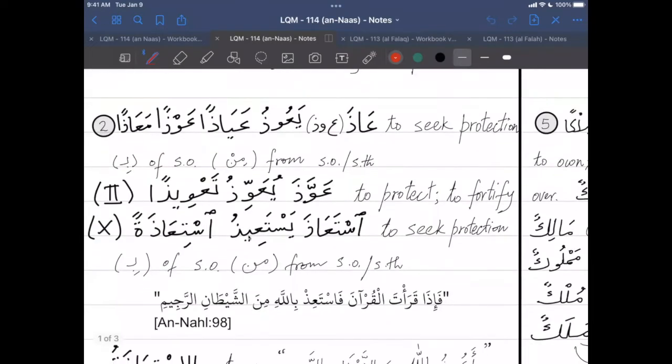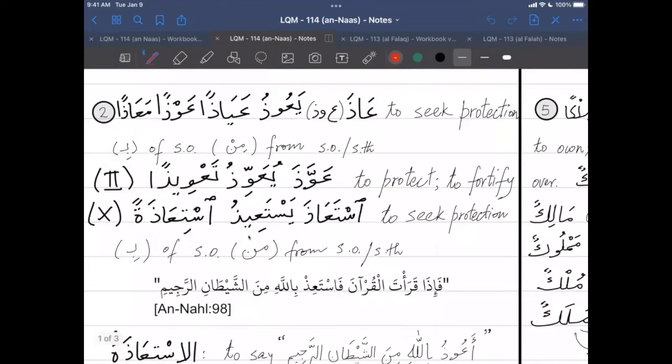A few other verbs and other words which belong to this family, I would bring them up here every now and then to bring out some of the words that we already know in order to connect them to the new word that we are learning, and also to expand our vocabulary as well.